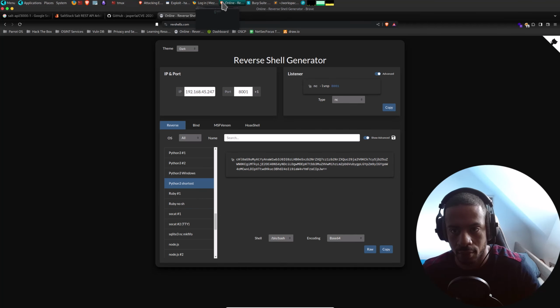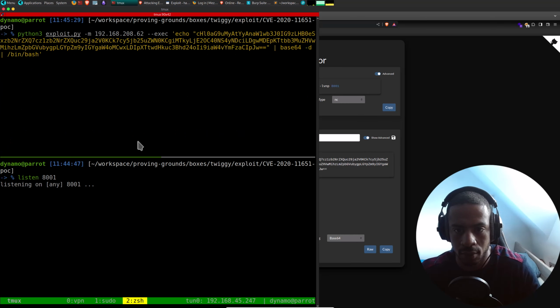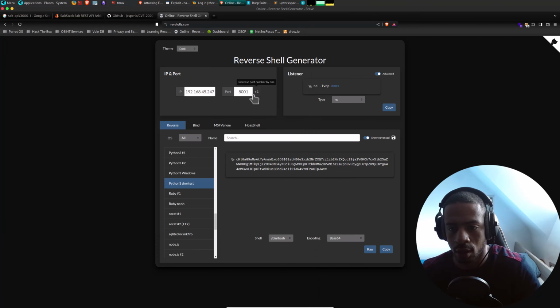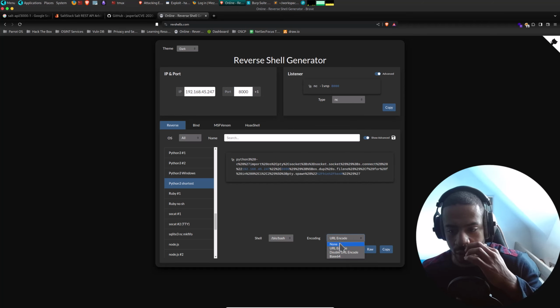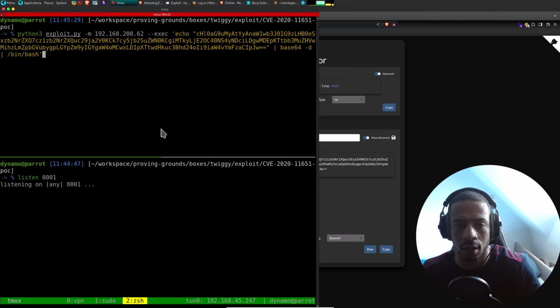No. Is it maybe the ports that it doesn't like? URL encode, no. Let's also do bin bash. Yes, that's correct. Okay, this should work though. Copy.